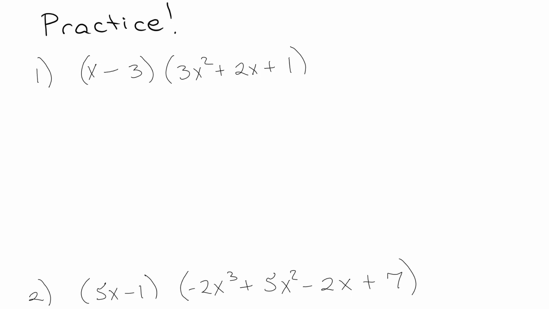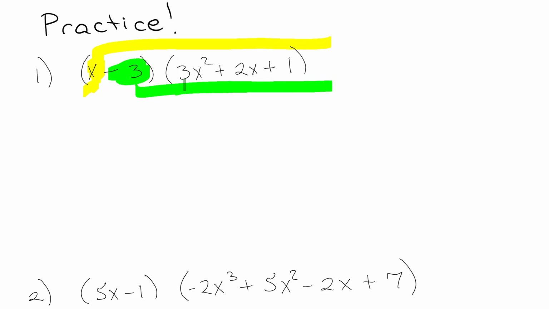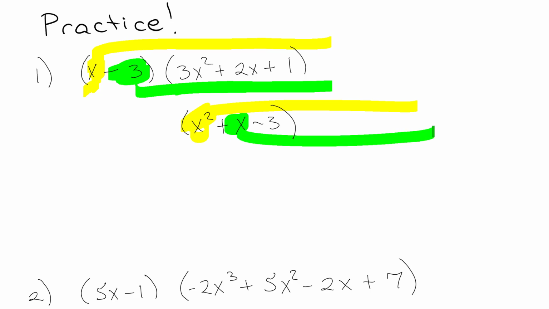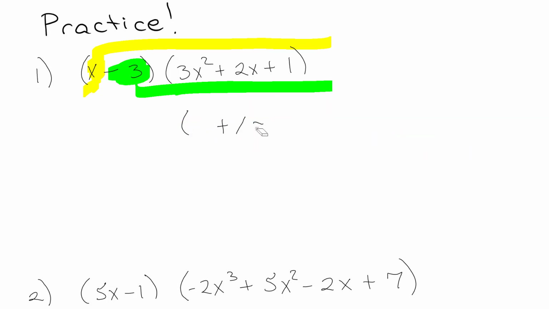Okay, so I've got each one of these terms here. The x wants to be multiplied by everything over here, and the -3 wants to be multiplied by everything over here. And just so you know, we haven't really talked about this, but let's pretend I had even more of these. Then it would just be like, well, the x squared wants to be multiplied by everybody, the x wants to be multiplied by everybody, and the 3 wants to be multiplied by everybody. So instead of doing this 2 times, you do it 3 times, okay? It's just a pain and it takes forever, so we're not going to do that today. But in any case, first I have the x multiplied by everything here,